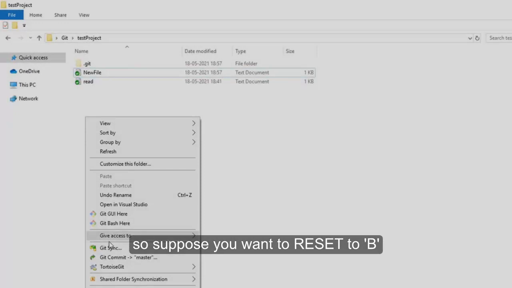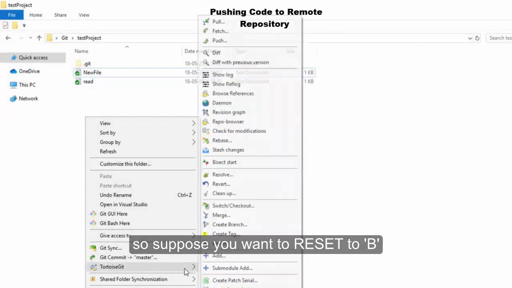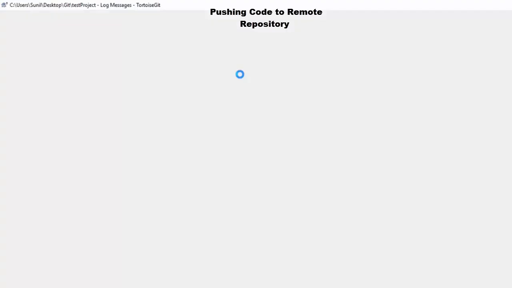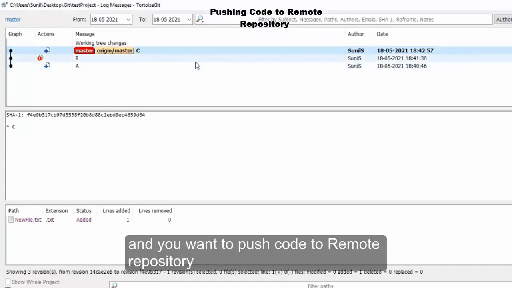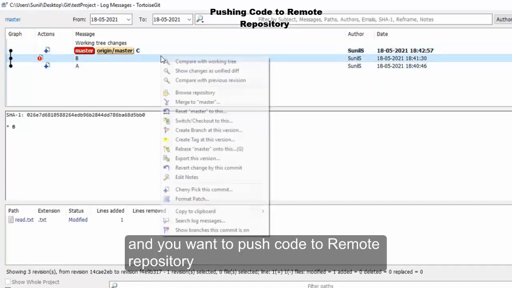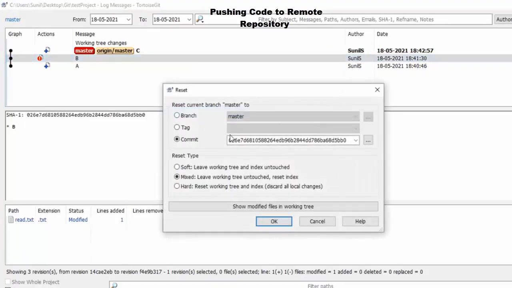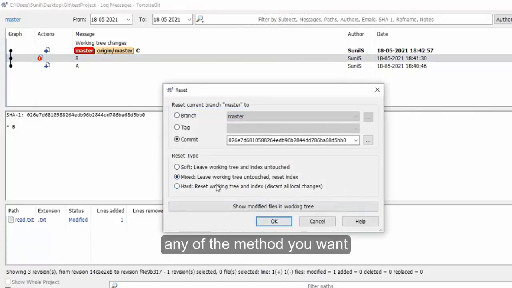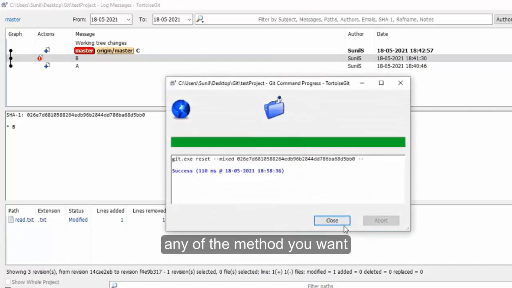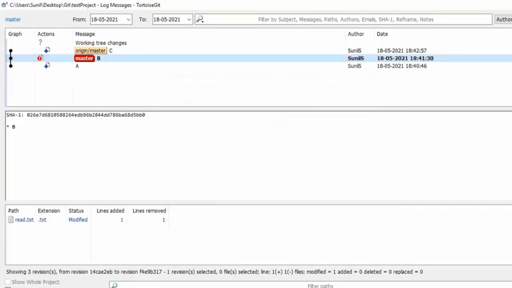So suppose you have reset to B and you want to push to the remote repository. I took this mixed reset. So your now head location is this.